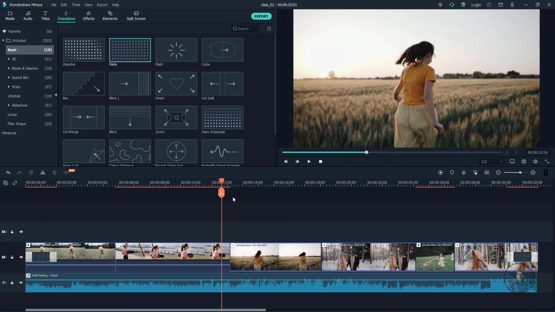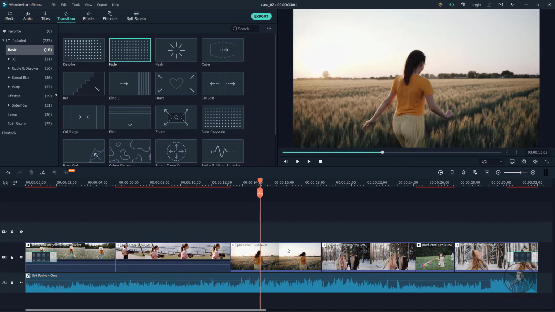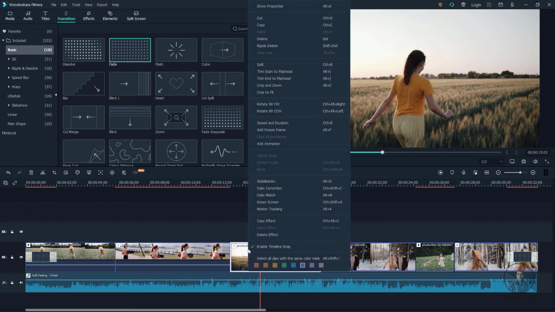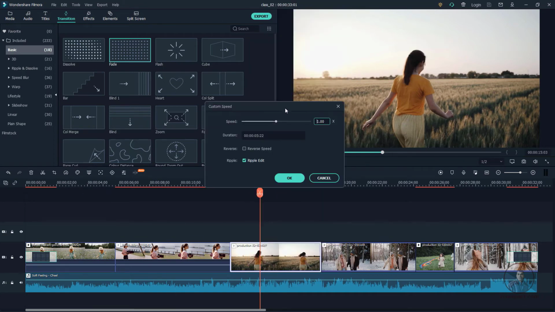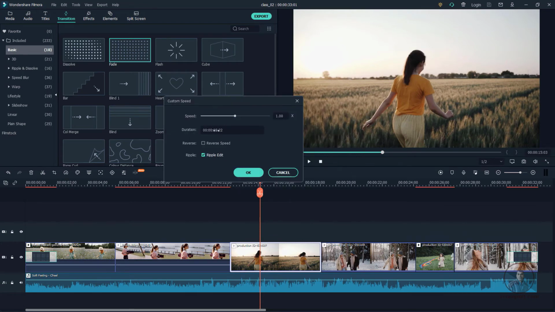So suppose here if you want to make your video a little bit slow and fast, then also you can make. Then select your video here, then here you will get this speed option. Then simply click here. Then from here there are different types of options here, maybe slow, fast, all these things here, or just simply right click on your video here. Then you will get this speed and durations option.